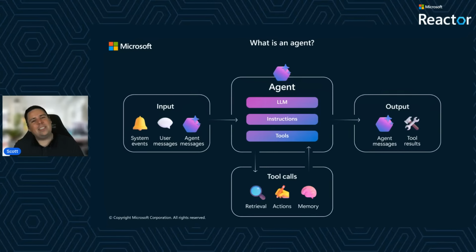The really interesting thing here is when we begin to combine that world of event-driven with the ability to act, you can build incredibly powerful systems. But we need to keep in mind that if we're giving an agent the ability to take action in response to something that's happening, we can't forget about things like security and identity, and making sure that we're not just protecting the AI components of our agent, but the application and the programmatic components as well. We'll talk about that as we go through.